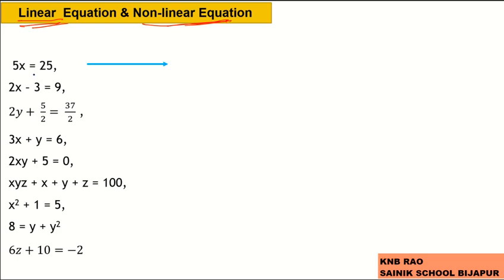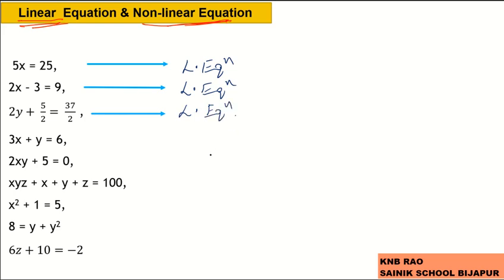Here 5x equals to 25. Yes, it is a linear equation. Next, 2x minus 3 equals to 9. It is again yes, it's a linear equation. 2y plus 5 by 2 equals to 37 by 2. Yes, it is again a linear equation. 2x plus y equals to 6. Yes, it is a linear equation,